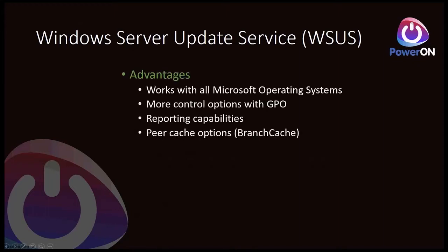And then moving on to the next solution, good old Windows Server Update Service, or WSUS. The advantages with WSUS are that it works with all the Microsoft supported OSs and products. So it allows more control on when and which updates are actually applied to the managed systems. You get reporting capabilities that show you compliance statuses from an updates view or a system view. And there is peer-to-peer content distribution as well. So again, for Windows 10 devices, you can take advantage of the Windows 10 delivery optimization features to share software updates